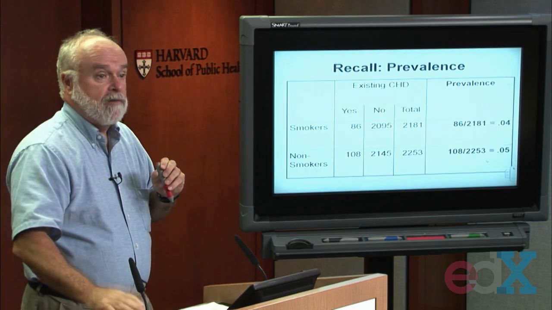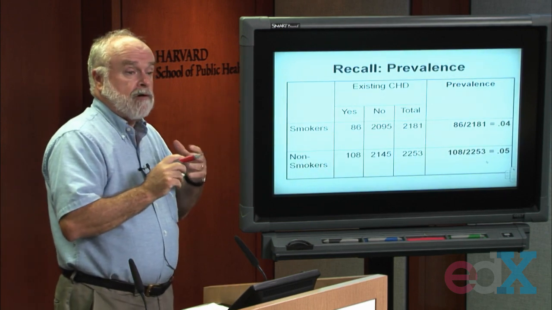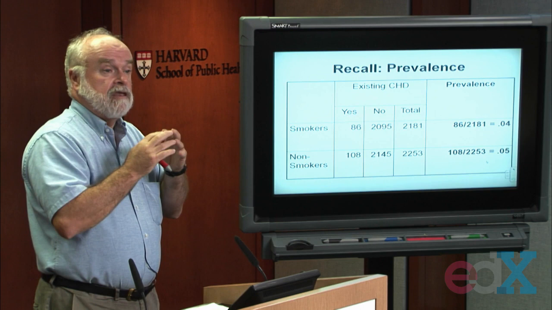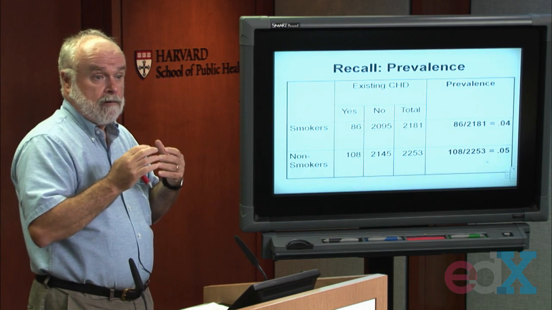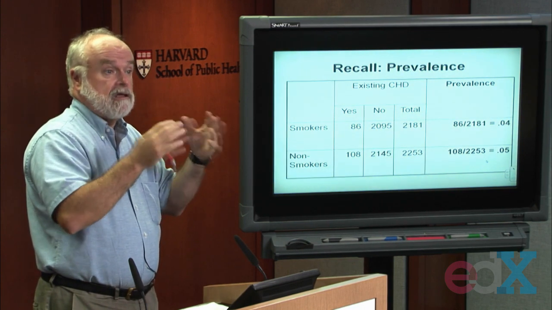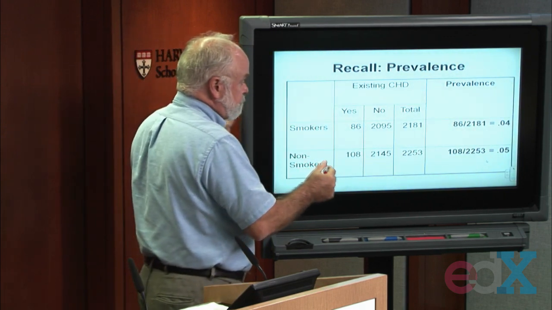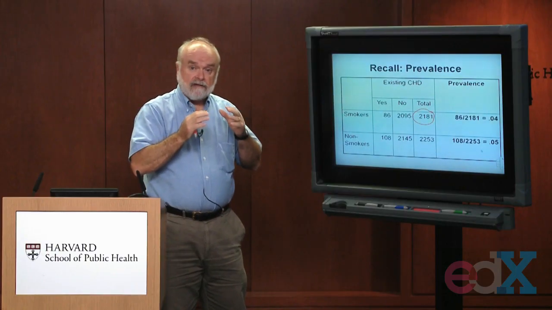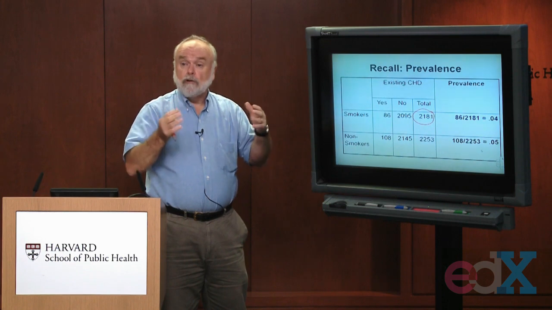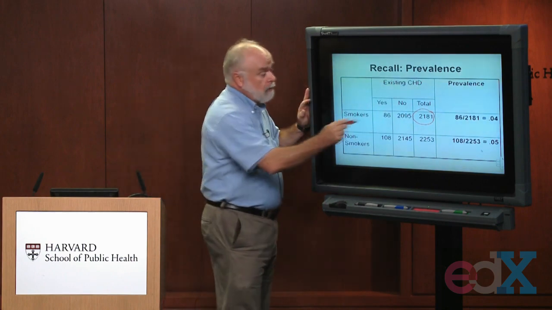But first, let me give you an example of prevalence data, building on what we talked about last week. This table describes the prevalence of existing coronary heart disease at the 1956 examination, broken down by whether a person was a smoker or a non-smoker. This is a version of what Elizabeth showed you in the Stata demo in the last sequence of lectures. Basically, what we have are 2,181 individuals who attended that 1956 examination. And at that 1956 examination, they were asked, have you been previously diagnosed with coronary heart disease? And among the smokers, 86 of those